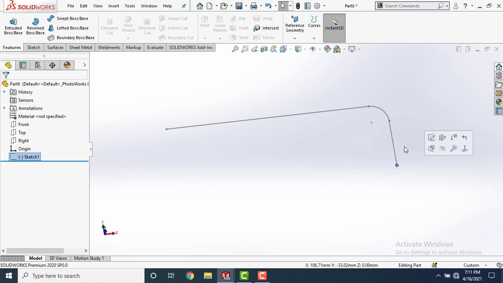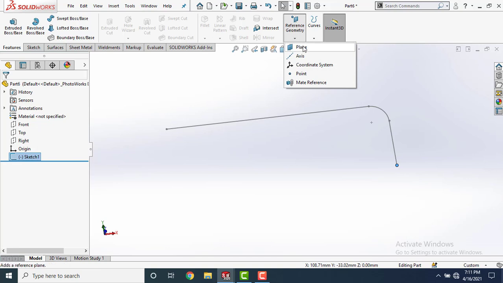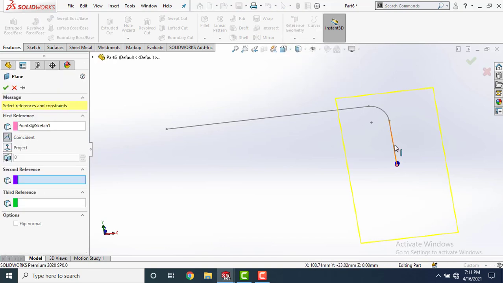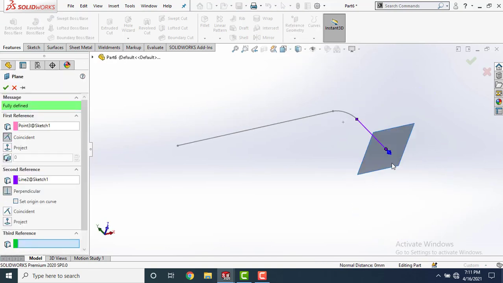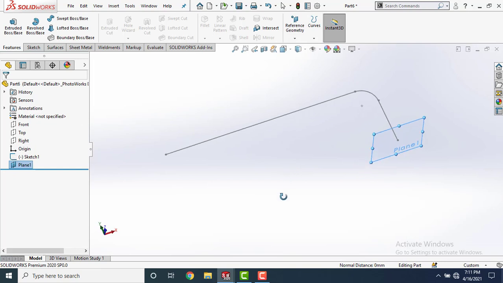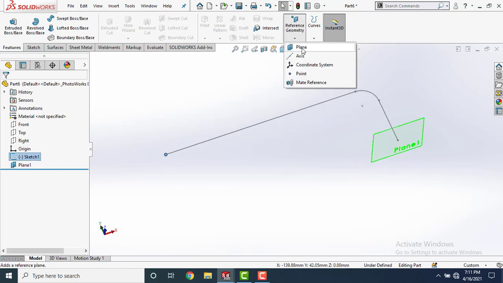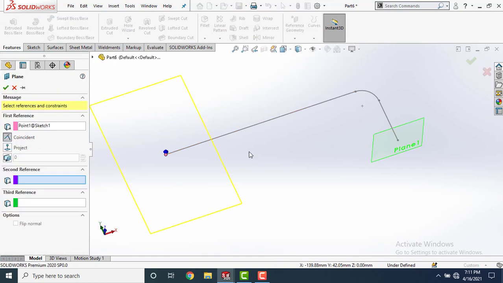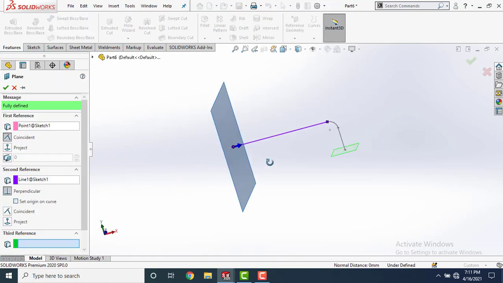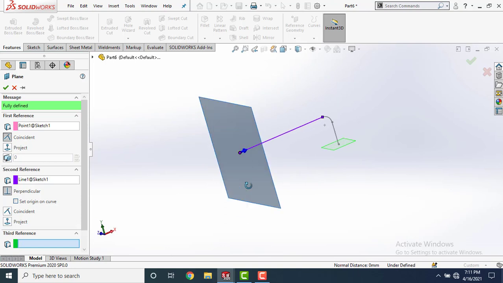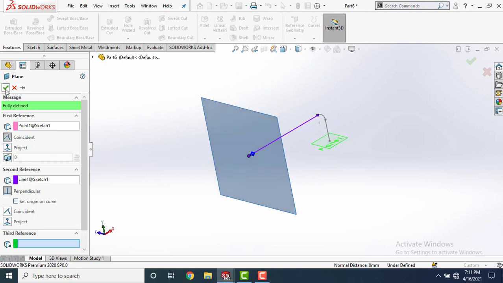Just click on this point, go to reference geometry, select plane, then select this line. Now I have made a plane on this point which is perpendicular to this line. Click OK. This is plane 1. Now select this point, go to reference geometry, select plane and select this line. Now this is the second plane which I have made for the second sketch. Click OK.